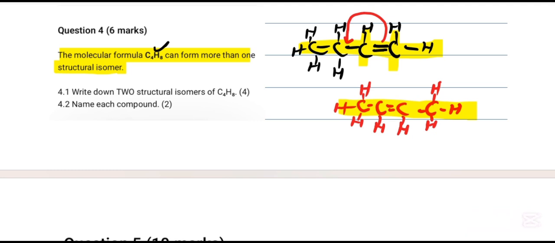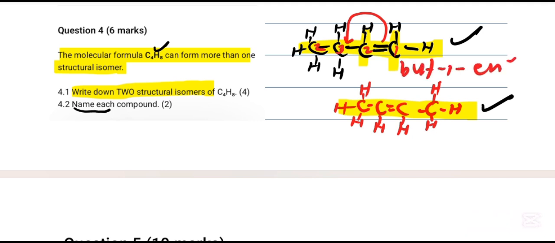They say write down, question yokuqala, write down 2 structural isomers. So nasi structure sokuqala, nasi sesibili. Then the following question, name each isomer. So yokuqala, the double bond is on carbon number 1. Okay, so which means but-1-ene. The next one is on carbon number 2, 1, 2, 3, 4, which means this one will be but-2-ene. So sibe siyiphendule ke ngoku lena equation siqebile ngayo.